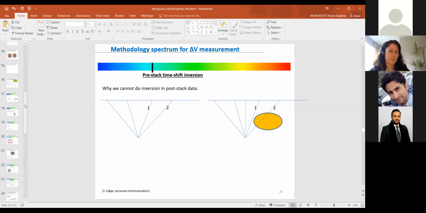vertical way? Imagine a scenario that we have a deep reservoir, it's not a thin reservoir, and we have an injector. So the perforation of the injector is different. And we could see the effect of the pore pressure increases, the softening effect, and water saturation increases, the hardening effect. And maybe if we go to the deeper part of the perforation of the injector, for example, near the aquifer, it's possible that we could see the effect of the salinity changes, the softening effect, that the injector water is pushing the aquifer. So we could see different levels of time shift, different levels of velocity changes at different levels